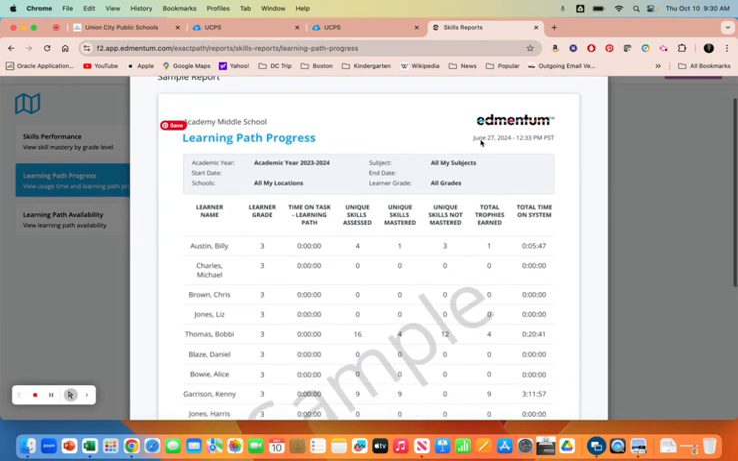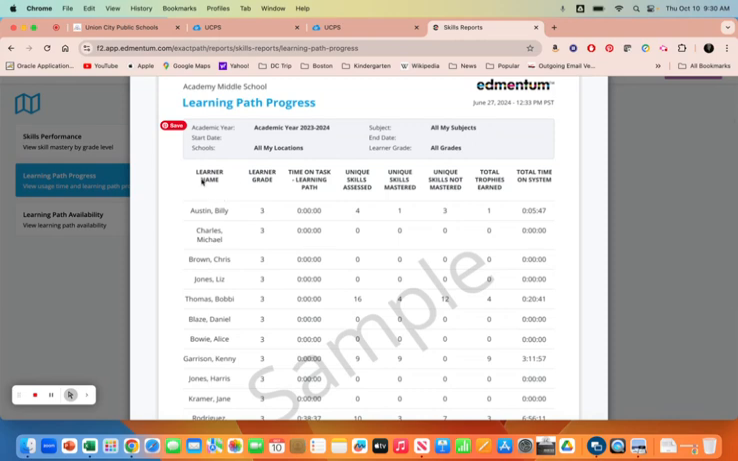So let's take a look at this sample report. Notice that the left-hand column has all of your students, the grade level that they're in, and then the most important: time on task in learning path. It is in hours, minutes, and seconds. And then it even gives you some more information, such as unique skills assessed while they're on their learning path, how many skills were mastered on their learning path, unique skills that weren't mastered, how many trophies, and then total